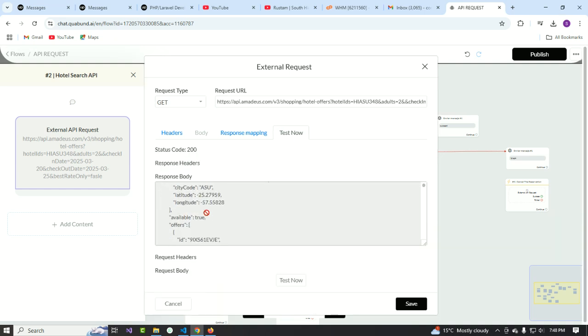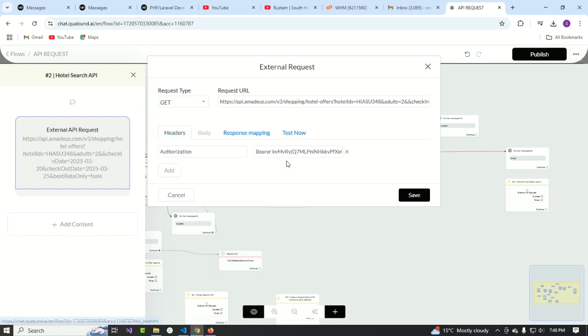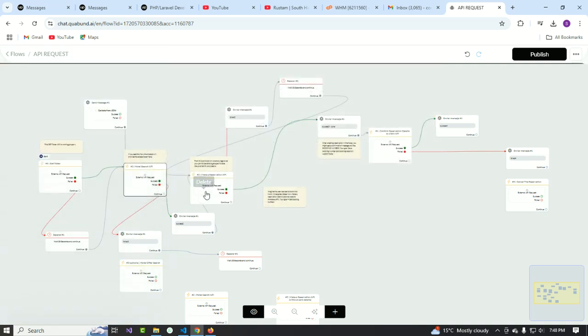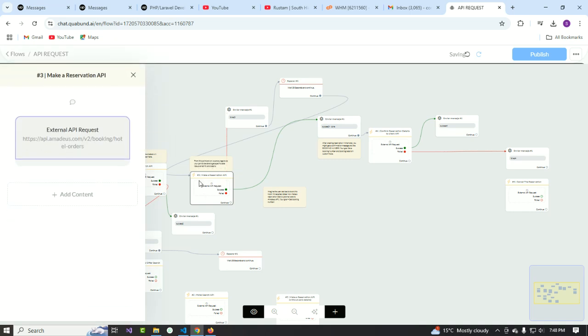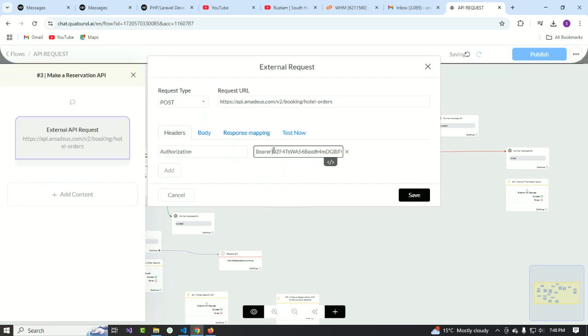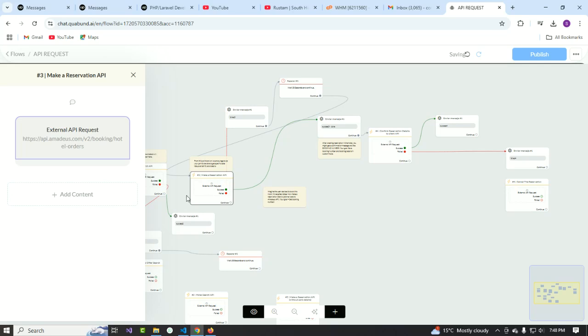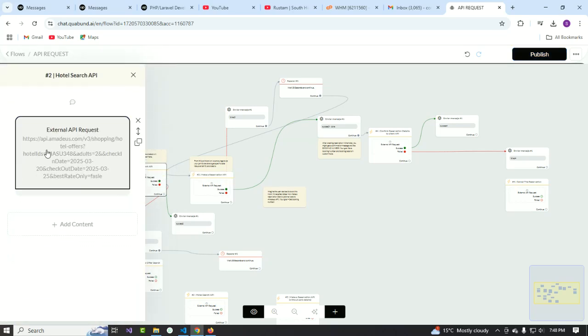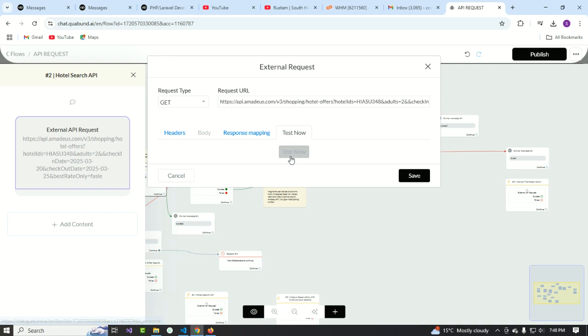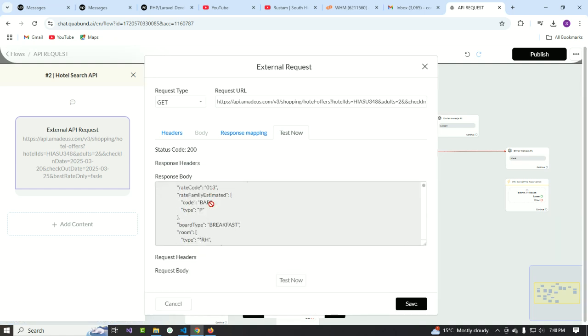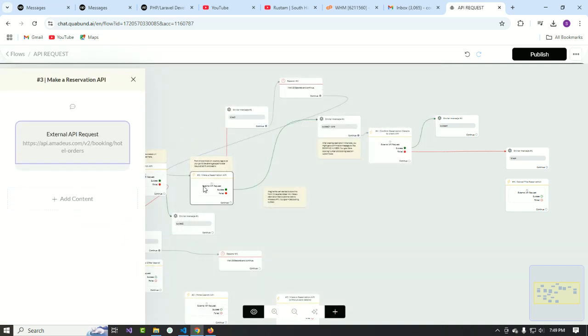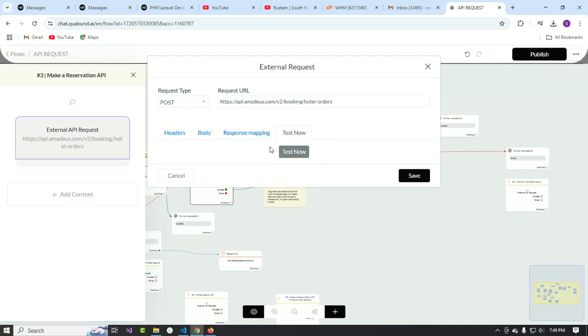The available search hotel offers are there, but first of all I need to copy the token and paste it in the reservation flow. Save it, go to the search hotel again, test now. I got the offers, copy the offer ID and go into the reservation flow,